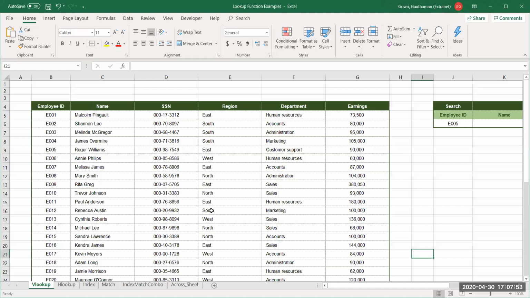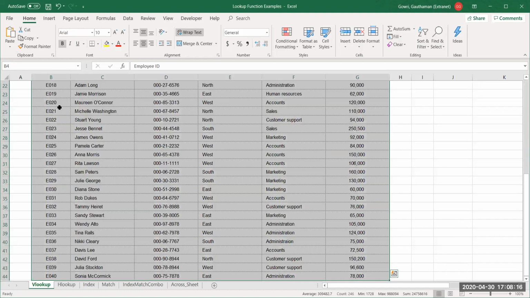Now let's go for VLOOKUP, how it works and what it is. Lookup, as I said, is a function that is used to search. Lookup means to search. So VLOOKUP means to vertically search for a value. Suppose we have an employee database given over here.